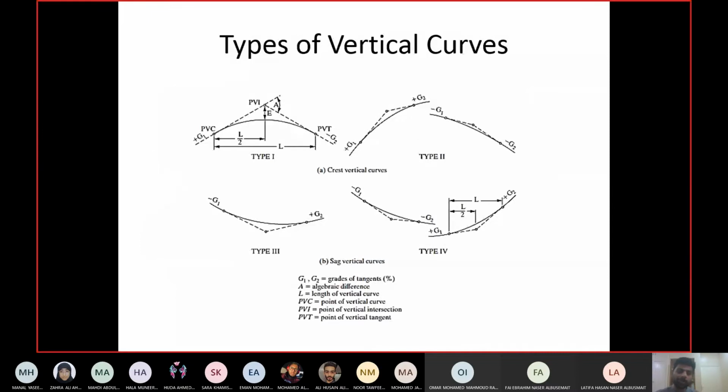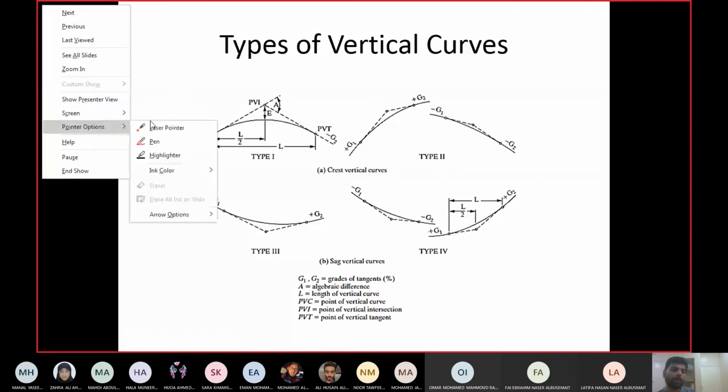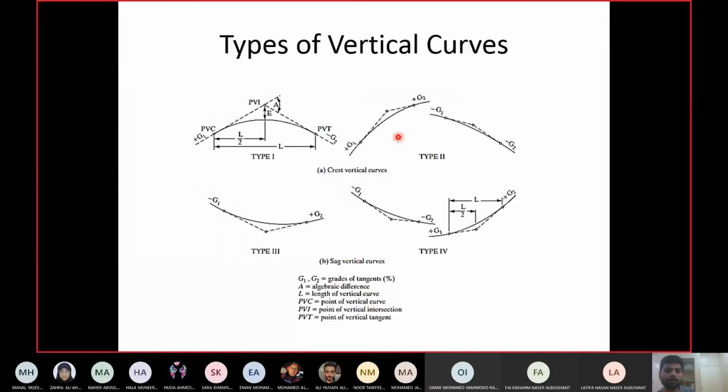There are two main types of vertical curves, crest and sag. So the top three are crest and the bottom three are sag. See, these are crest and these are sag. Then within each type, what is the difference between crest and sag? The direction of the curvature. Here the curvature is pointing upwards, facing downwards, right? For the crest curve, the back of the curve is pointing upwards and the face of the curve is downwards. For the sag curve, it's the other way around. It's facing upward and the back is going downwards, right?